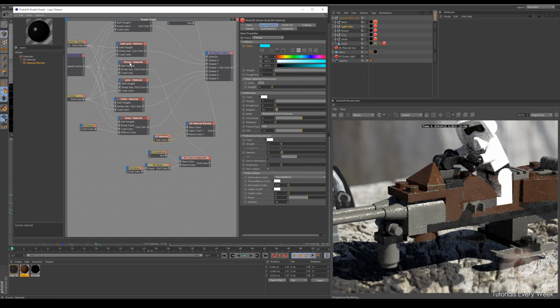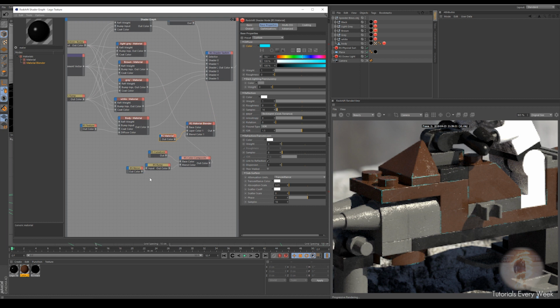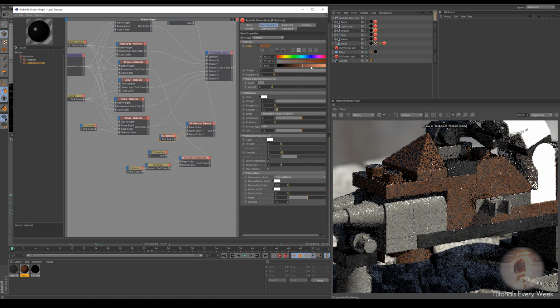So what essentially is happening is instead of the brown, which is the second, I'm putting it into this blender with the new material, which is the color, and then with the curvature that we made before, which is the edge wear thing, I'm putting the edge wear into the blend color and then this new material into layer 1, and then I'm putting that input into that. And what this does is this material that is blue, we can change it to, let me paste that brown again, and if I increase this,